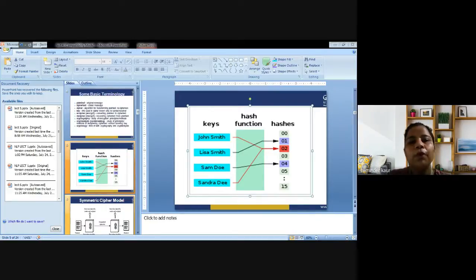So many modern block ciphers are based on the construction proposed by Feistel. So Feistel constructions make it possible to build invertible functions from other functions that are themselves not invertible. So security for symmetric ciphers: symmetric ciphers have historically been susceptible to known plaintext attacks. Now what is a known plaintext attack? It is an attack model for cryptanalysis where the attacker has access to both plaintext and its encrypted version, that is ciphertext. So these can be used to reveal further secret information such as secret keys or code books.